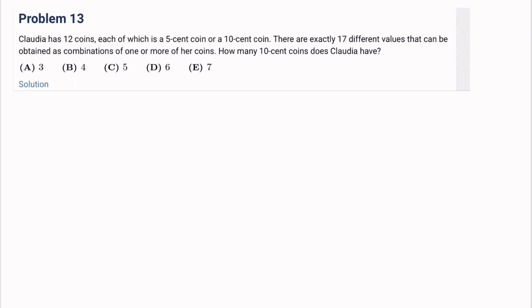Number 13. Claudia has 12 coins, each of which is a 5-cent coin or a 10-cent coin. There are exactly 17 different values that can be obtained as combinations of one or more of her coins. How many 10-cent coins does Claudia have? Okay, so with 5-cent coins and 10-cent coins, the minimum value that can be obtained is just 5 cents, right? But then since there are 17 different values and both of these are a multiple of 5, that means the highest value obtainable